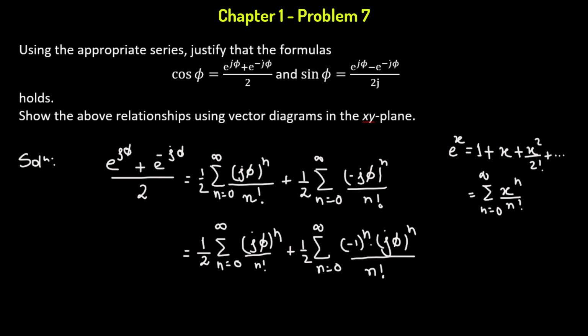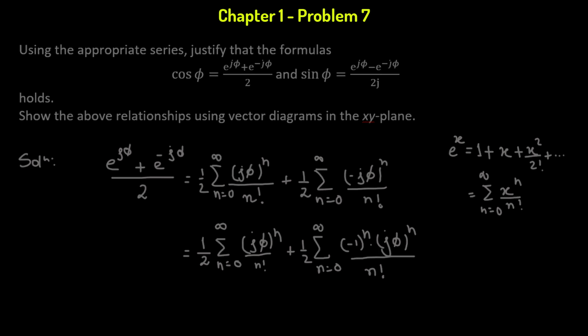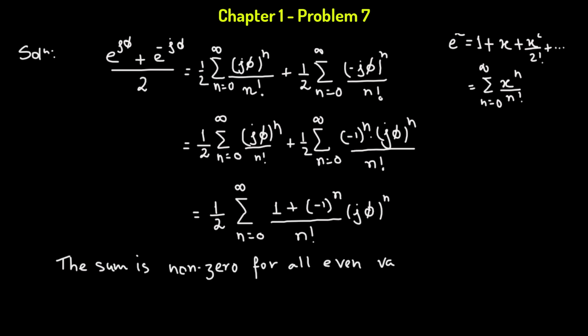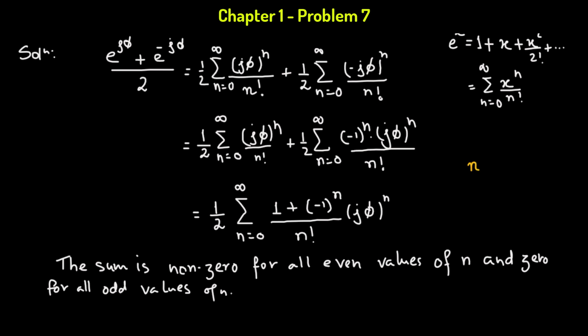The reason for doing this is that now we can combine the two summations as half summation n going from 0 to infinity of [1 plus (negative 1) raised to the power of n] divided by n factorial times (j phi) raised to the power of n. The sum is non-zero for all even values of n and 0 for all odd values of n. What I mean is, if we substitute the value of n with 3, which is an odd number, that should give us 1 plus (negative 1) raised to the power of 3, and we have 1 minus 1 which is equal to 0. And if we use an even number, then we have 1 plus (negative 1) squared, which will be positive 1, so that will give us 2,